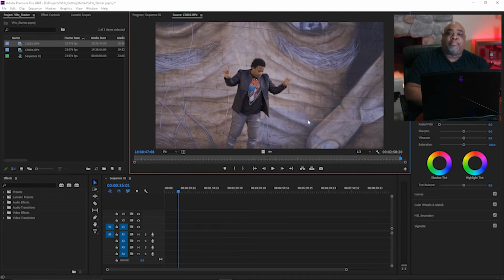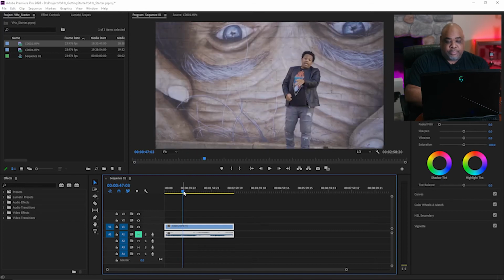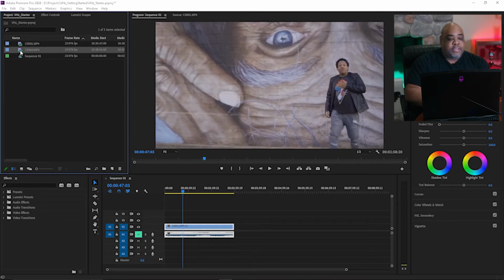So that source window is pretty cool because you can cut down some of your editing right here in the source window when you're actually viewing the actual clip. So for this particular one, I'm going to take both the video and the audio and put it right down here on the timeline. I'm going to mute. All right. So then I'm going to take